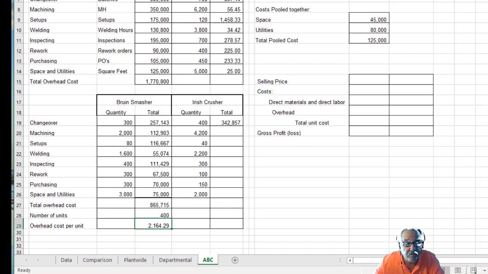We made 400 units, so the overhead cost per unit for the Bruin Smasher is $2,164. We've got our Bruin Smasher and Irish Crusher over here. Selling price $3,200. The direct materials is still $1,000 given to you, but now the overhead is $2,164, which means the total unit cost,